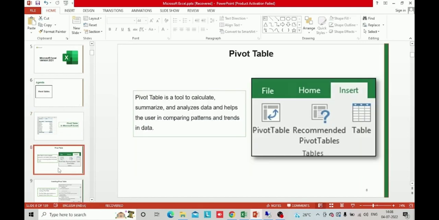A pivot table is used to calculate, summarize and analyze data and help the user in comparing patterns and trends in data. So about the normal table, they are fixed tables. If you create it once, you will not be able to make any change. You have to create another sheet itself. But pivot tables are flexible tables which give you the entire data in a summarized form, and it will give you